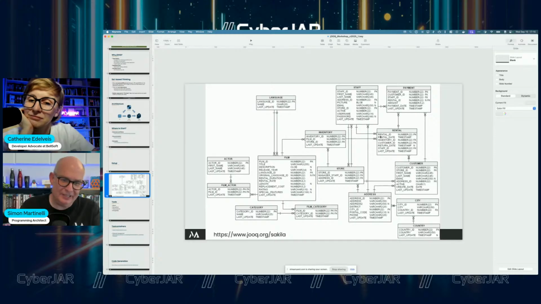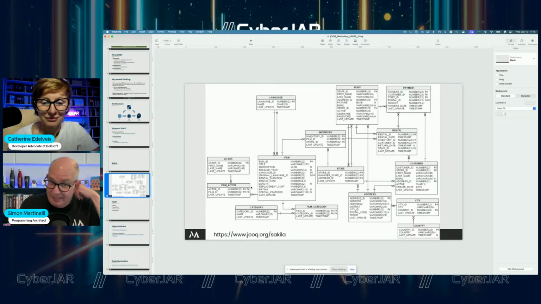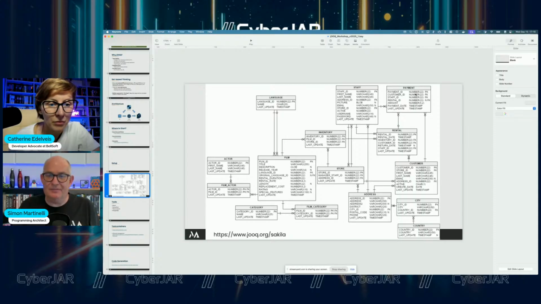And so the model here is you have a film. A film can be part of a category or part of several categories. It has some actors that were part of the film. We have a language, we have an inventory in the store. So the store has a certain number of films, and the store will rent the films to customers. So we have rental, we have customers with address, and we have payment, and in the store we have staff. So that's the model that MySQL uses.